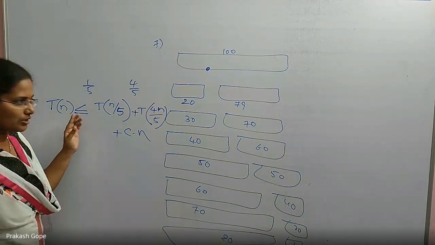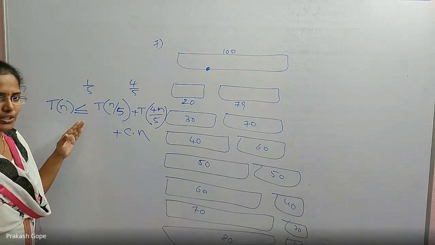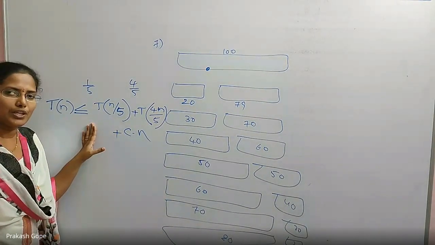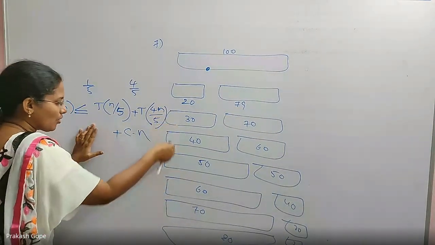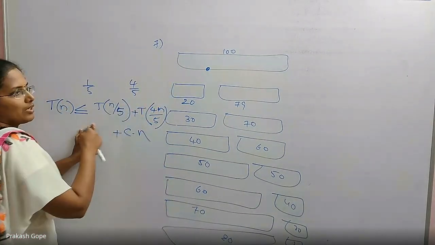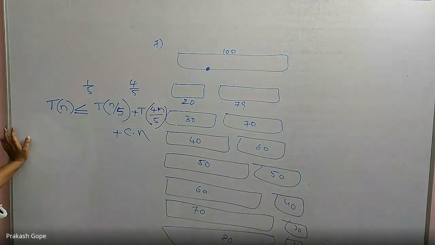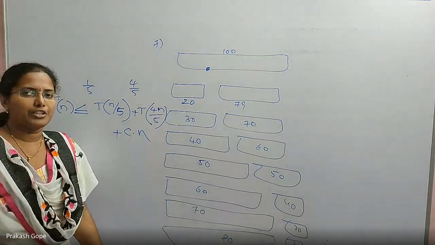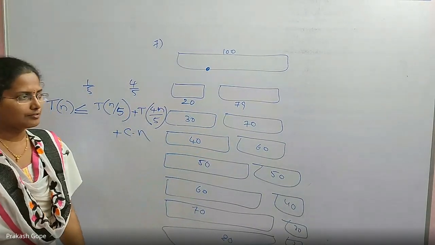If you observe the options, they are given with less than or equal to. At least then you will understand that yes, we need to write less than or equal to, because they said at least one-fifth of the elements. Which means all these cases are also possible, but these are all best cases compared to this one. And this is the worst thing that can happen. So the pivot will occupy such a place where each sublist has a minimum of one-fifth elements. If one has one-fifth, the other one will have four-fifths.